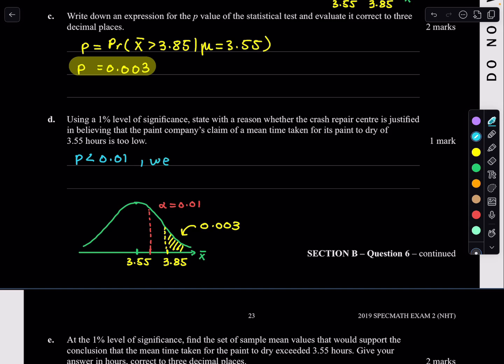We reject the null hypothesis and accept the company's claim. So we reject the null hypothesis and accept that it is justified,